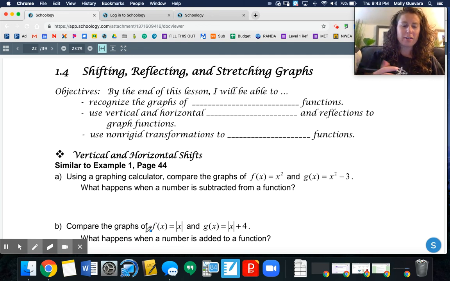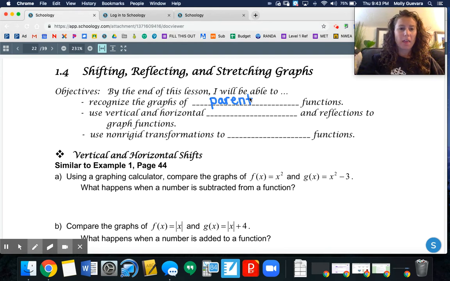Alrighty, hello everyone. Today we're looking at section 1.4, which is all about shifting, reflecting, and stretching graphs. So what we're really looking at here is a quick little review of Algebra 2, right? So our three objectives for today are, by the end of this lesson, I will be able to recognize the graph of parent functions, right? What does the original graph of that parent function look like? We're going to use vertical and horizontal shifts and reflections to